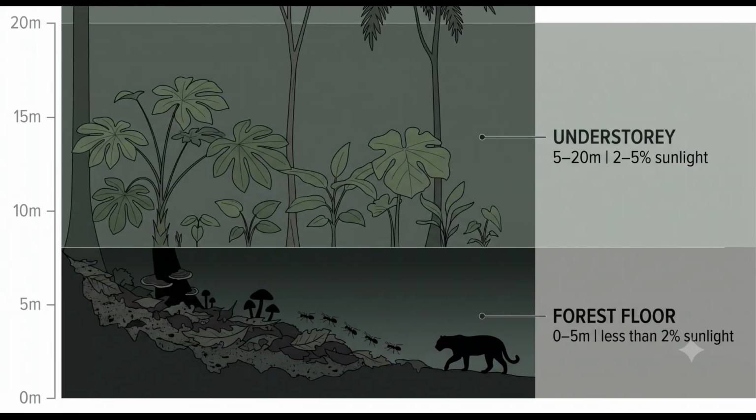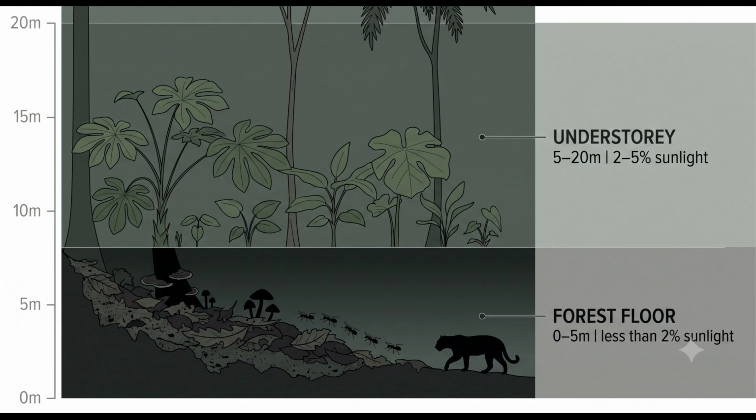Now the lower 2 layers. The understory, between 5 and 20 meters. Plants here receive only 2 to 5% of the sunlight available at the top of the canopy. Shade-tolerant species dominate: palms, tree ferns, young trees that are waiting for a gap to open in the canopy above them. When a large tree falls, it creates a patch of light that races to be filled by the fastest-growing